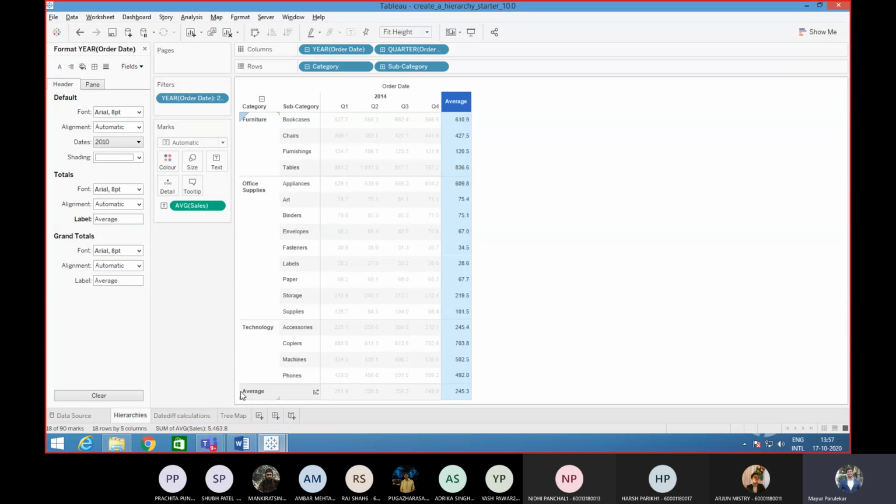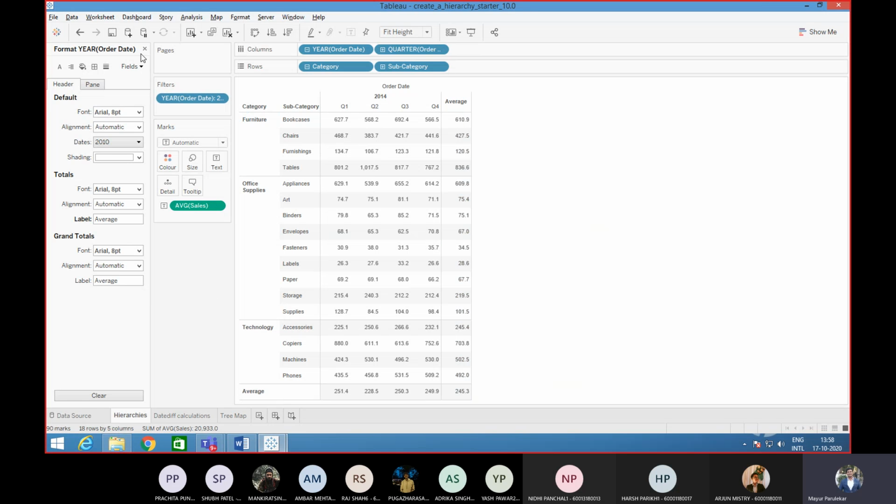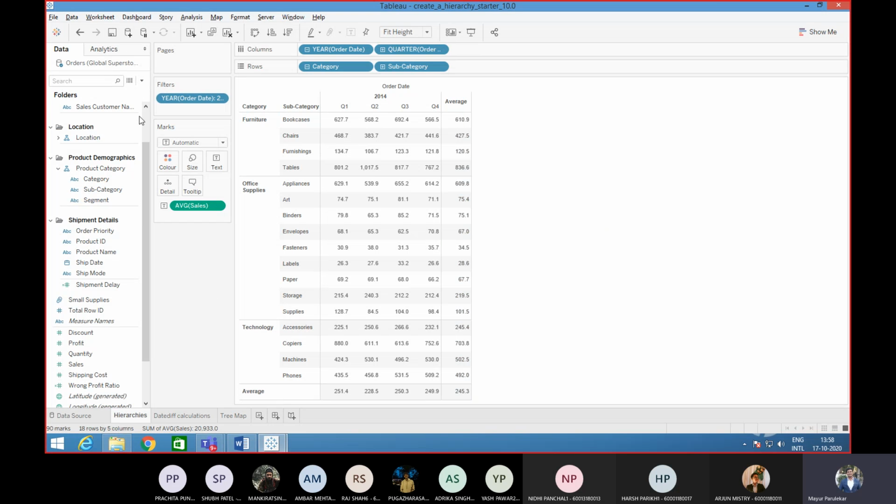Similarly do that for this particular average that you see over here, because this is average value, right? This is not total value. So this is average value, hence it should represent that particular thing, right? So now jahan pe sum of sales tha, now if you see that the aggregation has changed to average of sales,